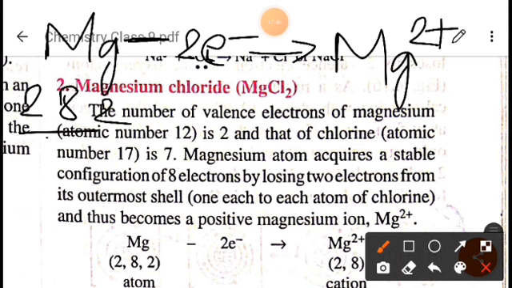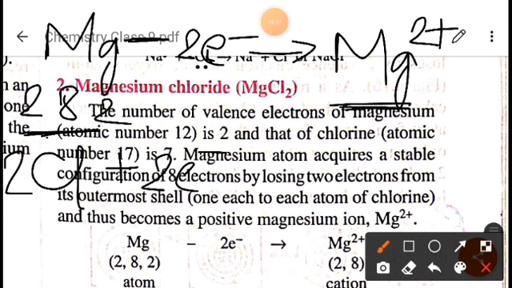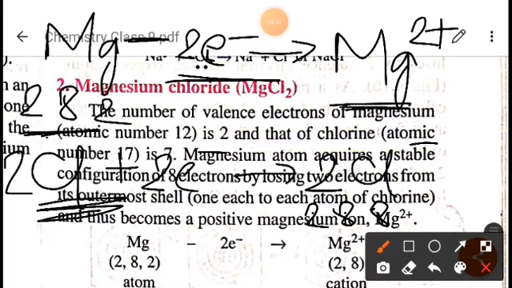Previously it was an atom, now it has converted into a cation. Next, when we talk about chlorine, chlorine has a tendency to accept an electron. If we are using 2 chlorines here, 2 electrons will be accepted, one for each, and it will form 2 Cl negative ions. I hope you understand why 2. Here it is converted into 2, 8, 8, since it is taking an electron. So how will the transfer take place? Since magnesium is giving 2 electrons and the 2 chlorines are taking 1 electron each,